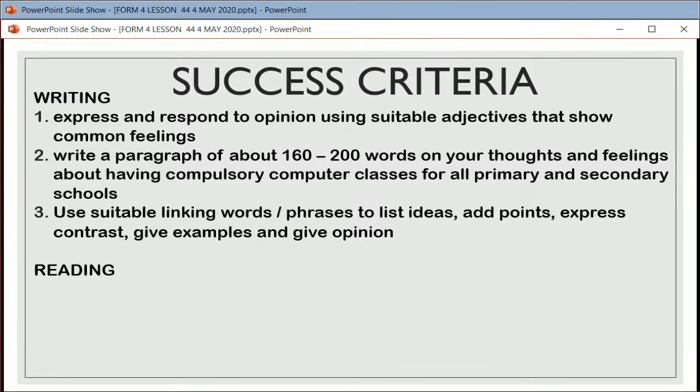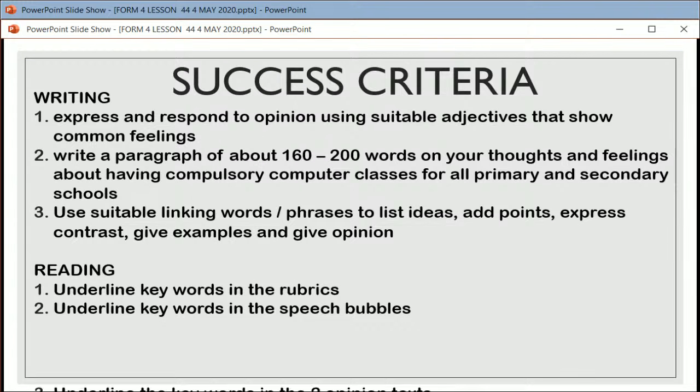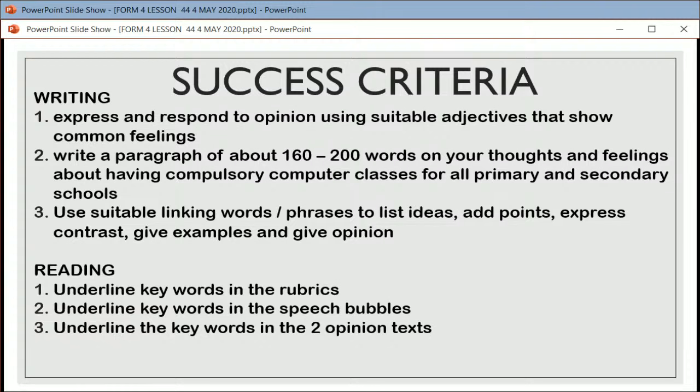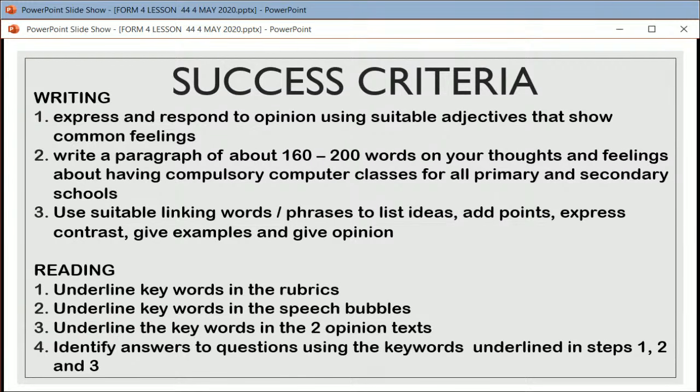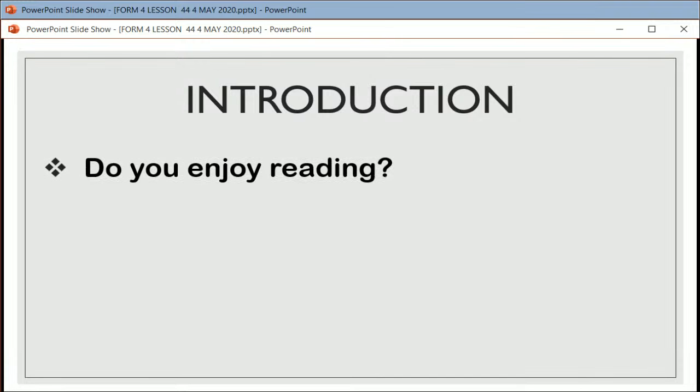Right? Hi, Yvonne. And then reading, underline the keywords in the rubrics, underline the keywords in the speech bubbles, underline the keywords in the two opinion tags, and then identify answers to questions using the keywords underlined in steps 1, 2, and 3. Okay, so that's for you to know whether you have been successful in your learning or not. Right. So the first thing, my question is,